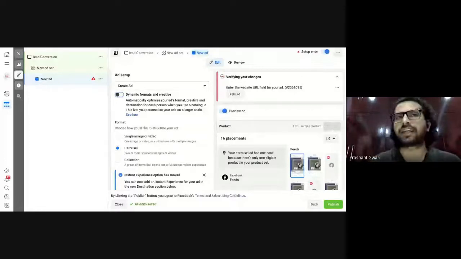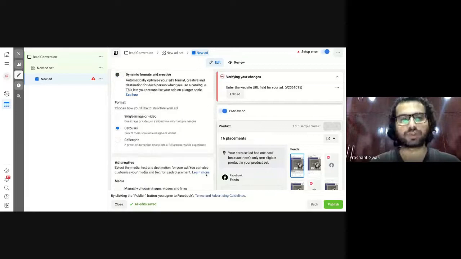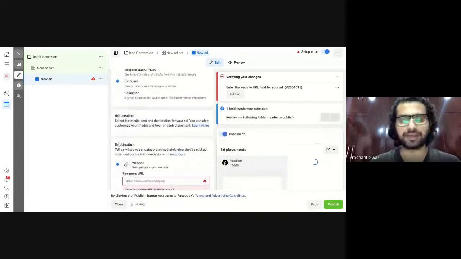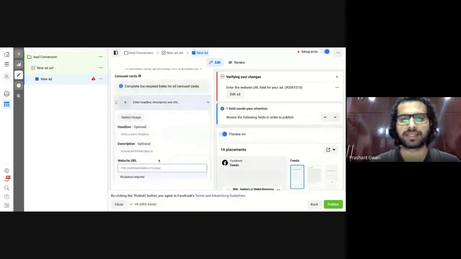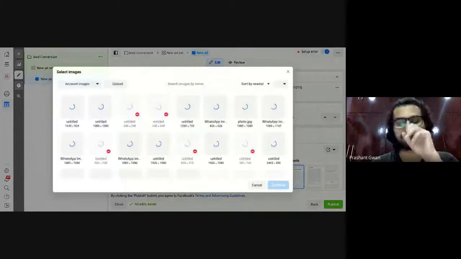Why? Because carousel advertisements have better engagement, and second, I can promote more than two to three pages using a carousel advertisement. In yesterday's carousel advertisement, we had only one link, which redirected us to the Facebook lead generation form. But today I will try to attach two to three links here, and I will show you how you can do that. You will click here on the carousel advertisement like this, and click on manual image uploading. First, you will click on the image section like this and upload the image of your product.